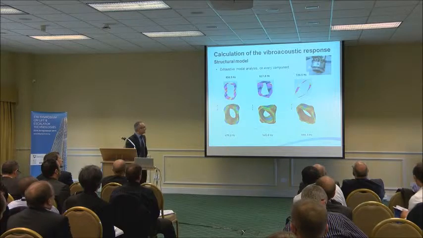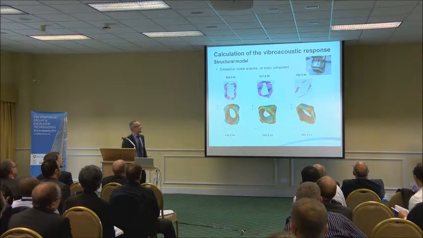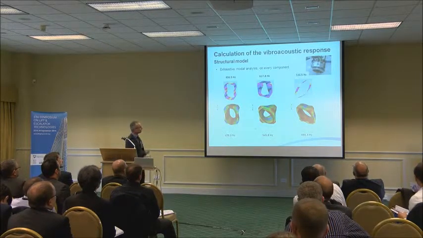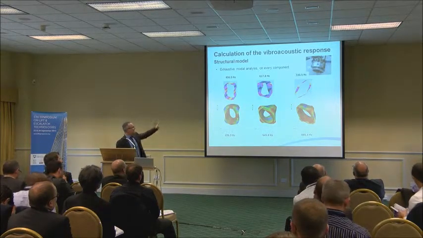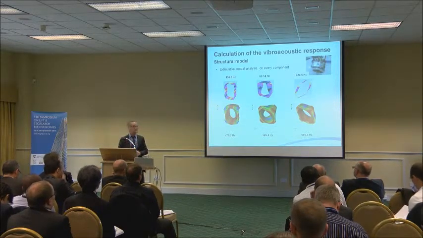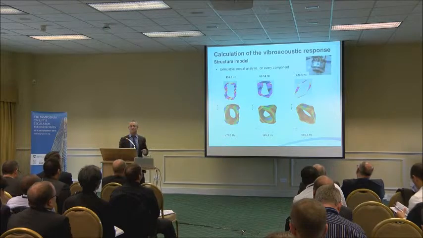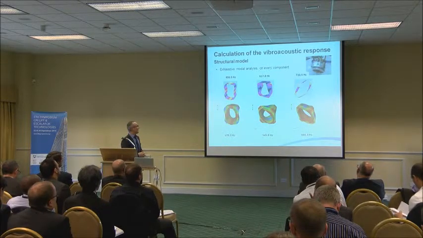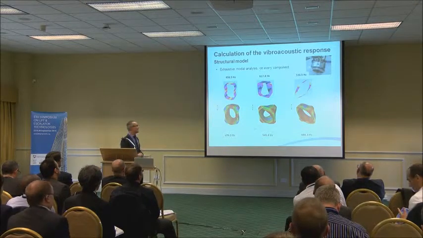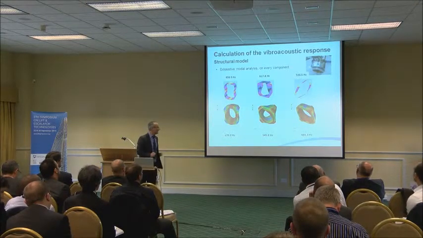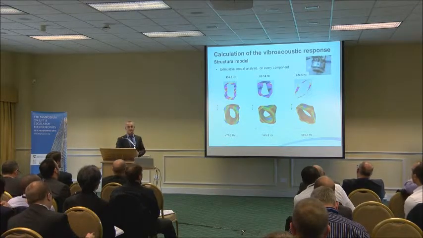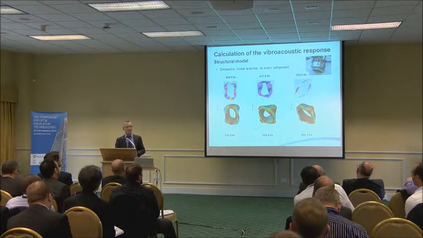For instance, you can see there the assembly of the stator and the windings, and the three figures at the top are those experimentally obtained. We have put accelerometers at around 60 locations, and we have clearly identified some of the natural modes of the machine. Under them, you can see those modes calculated with the finite element model.